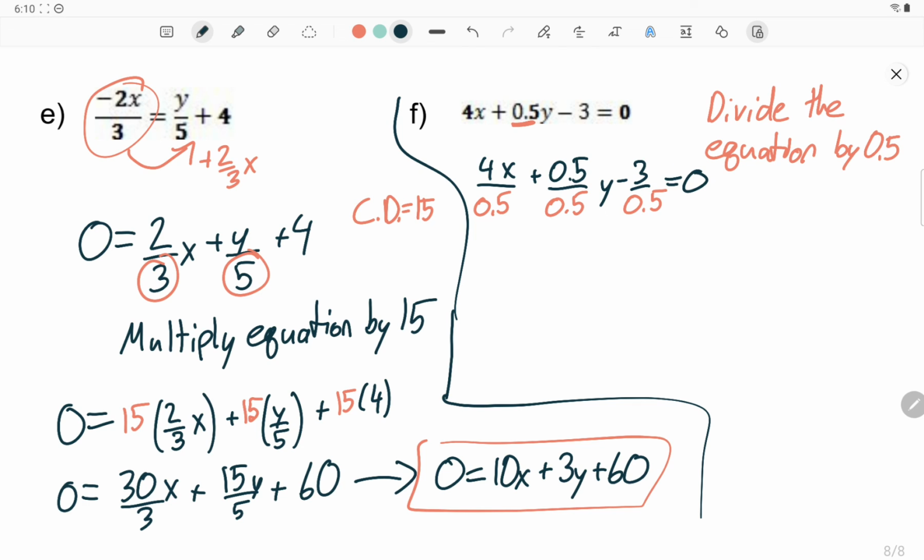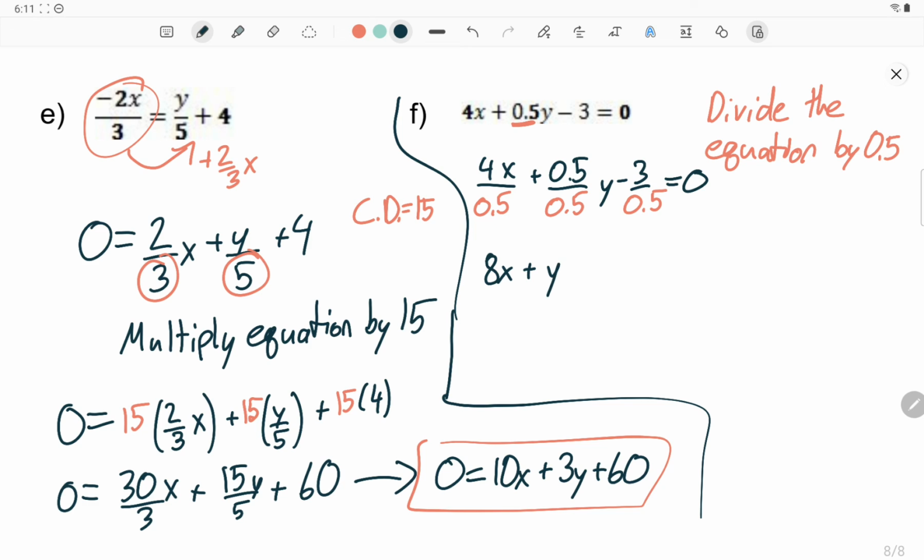All right, but then you can actually do the division. Like, what is 4 divided by 0.5? Well, if you take out your calculator, dividing by 0.5, that's actually just doubling the number. So it's going to actually become 8x. 0.5 divided by 0.5, you're dividing a number by itself, so that's just one